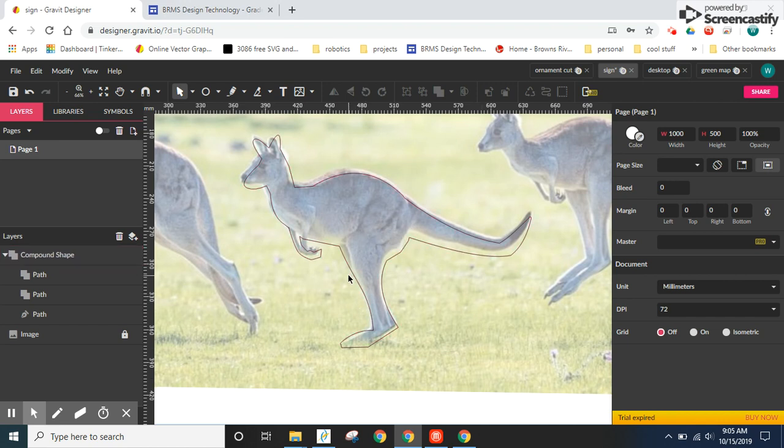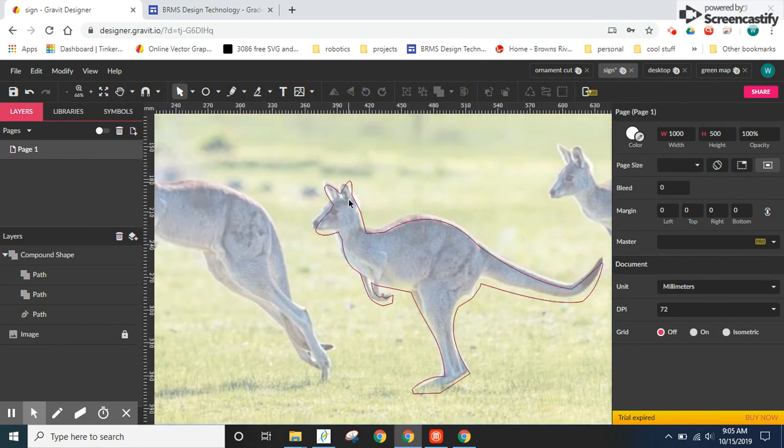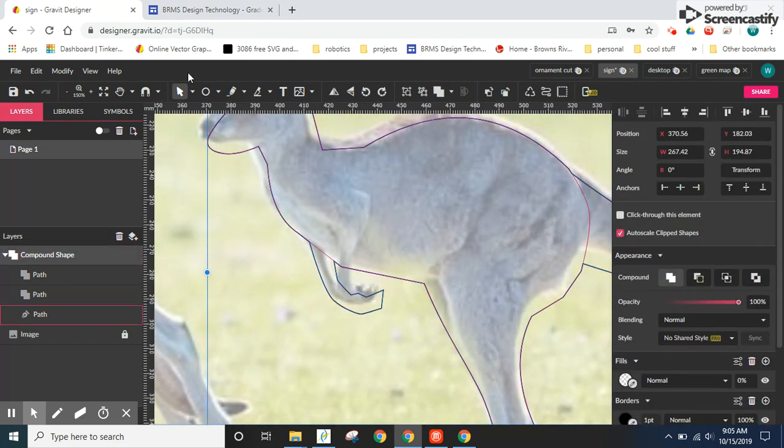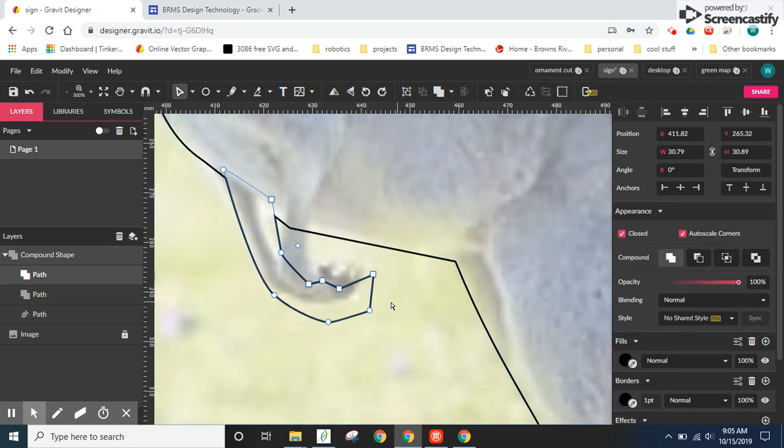Okay, so this is a screencast on the next steps of the sign project. Now that I've finished my tracing, all the way around this kangaroo, and done some repairing of the line, I might have deleted some lines. Just quickly to show here, if I go to the sub-select on this line here,